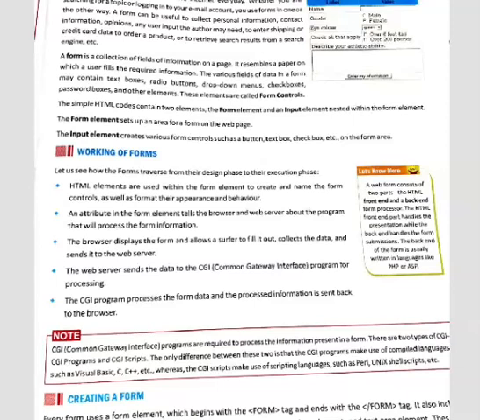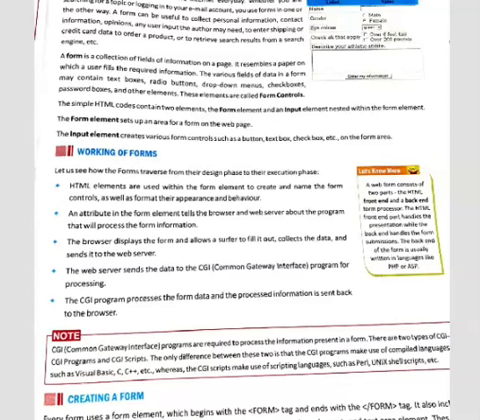Here, in between a web client and a web server, there is CGI, Common Gateway Interface, which is used to process the inputted data by the user. The CGI program processes the form data and the processed information is sent back to the browser. After processing of data, CGI is also responsible to send it back to the web browser.